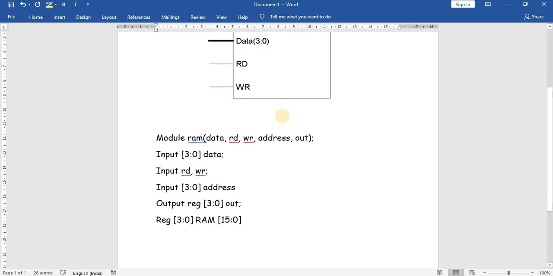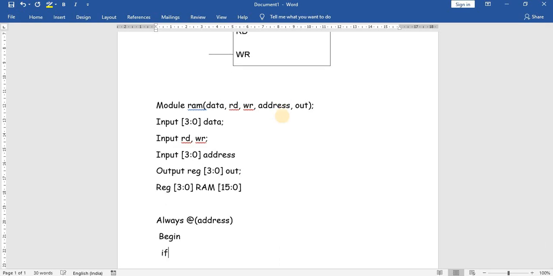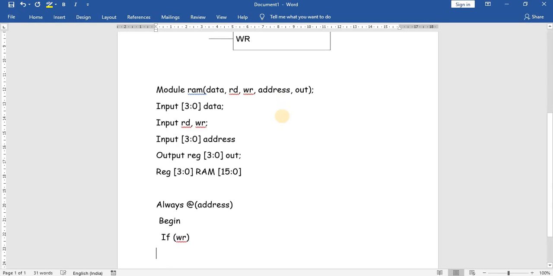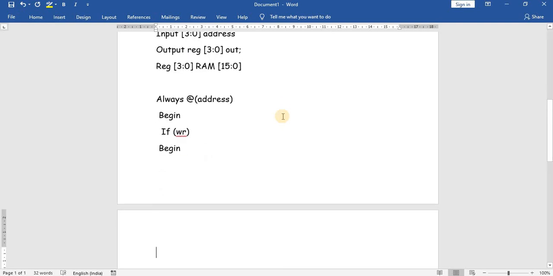So now let us go to the logic. Whenever address changes, it comes inside the loop. Begin. If write is equal to 1, then begin RAM of address.